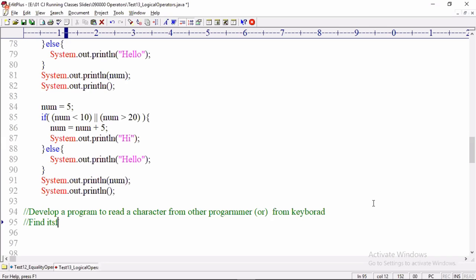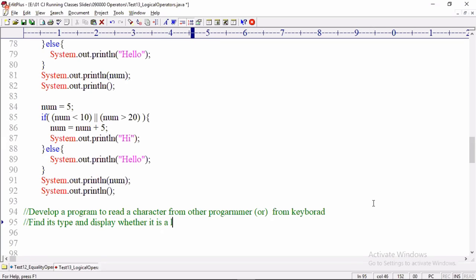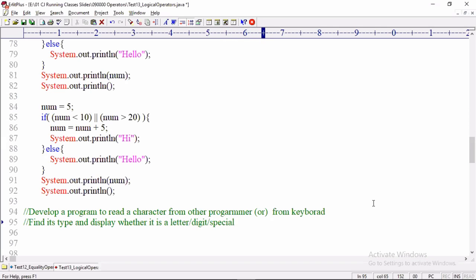Find its type and display whether it is a letter or digit or special character.